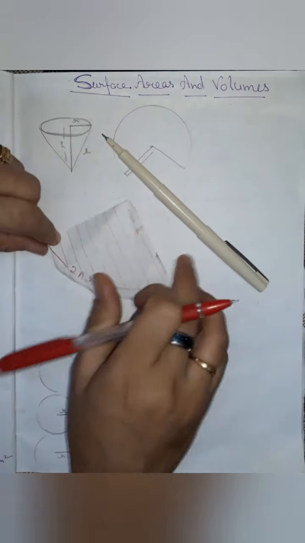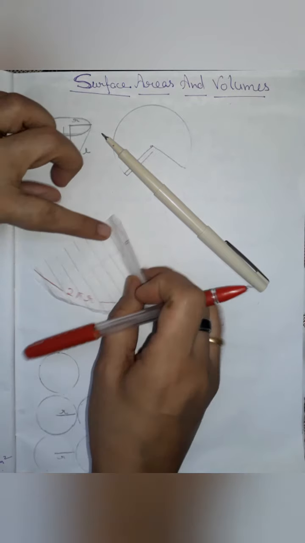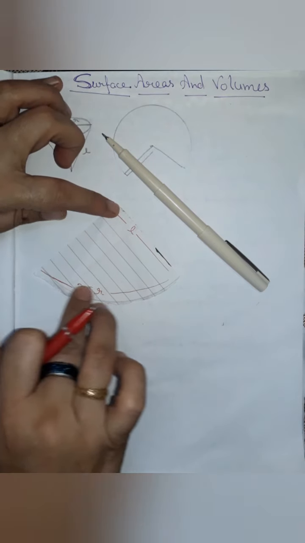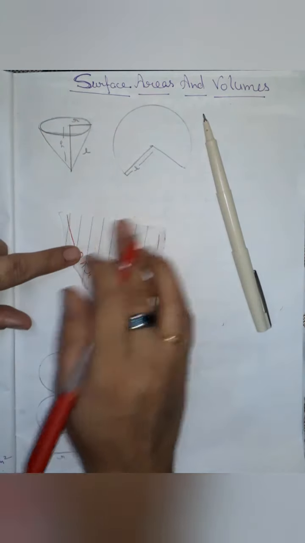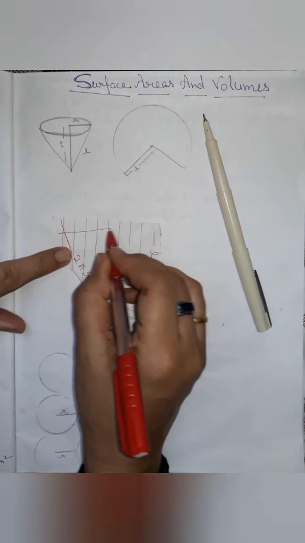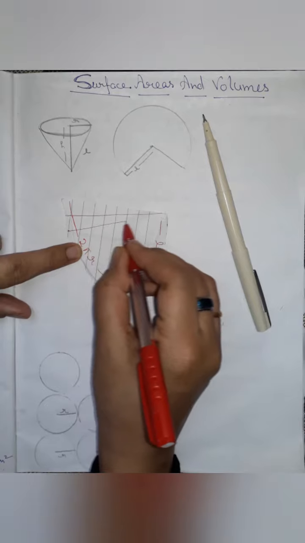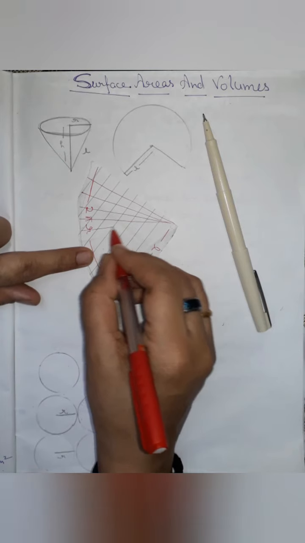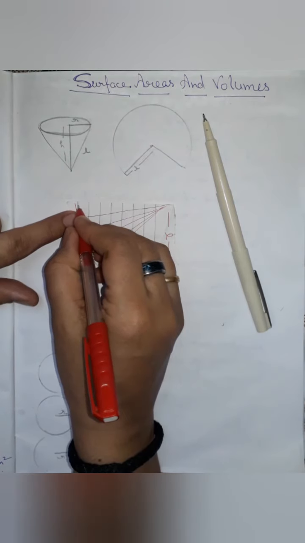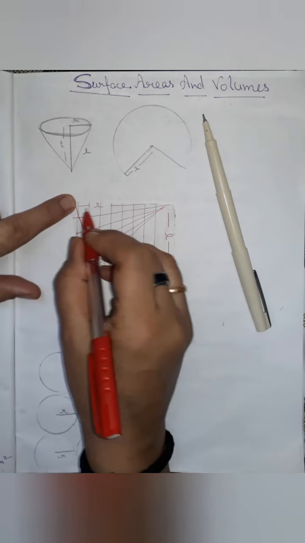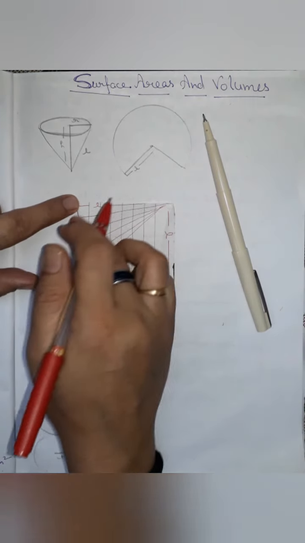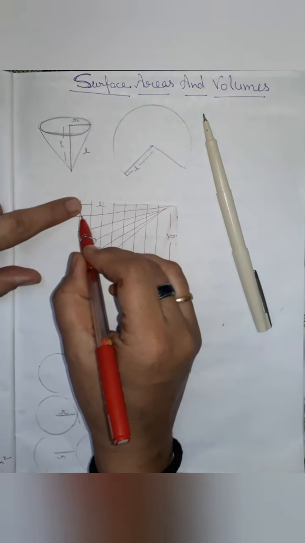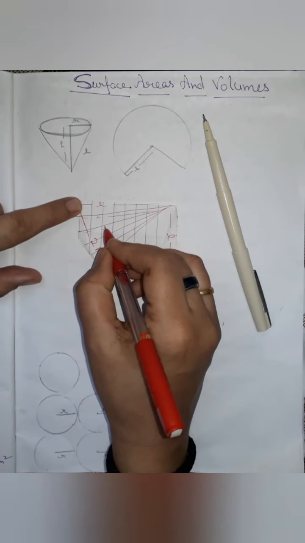Now the curved surface area of the cone will be equal to the area of this plane figure, because when we cut the cone we get a plane figure of this shape. Now we can divide this figure into so many triangles which are very near to each other, like this. You can see this is L, the slant height, and this is a quadrant, a circular shape, the fourth part of a circle. So this is L, this will also be L, this will also be L.